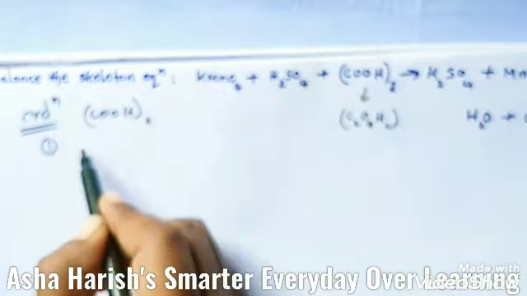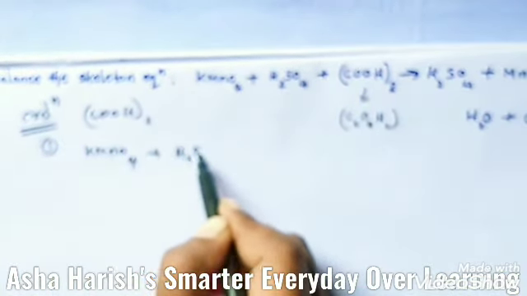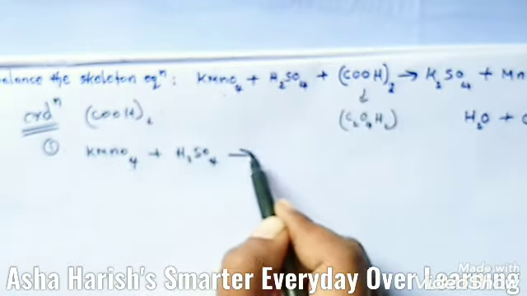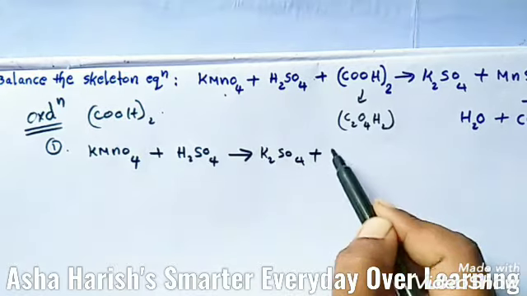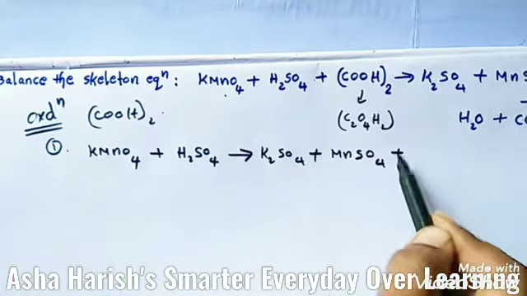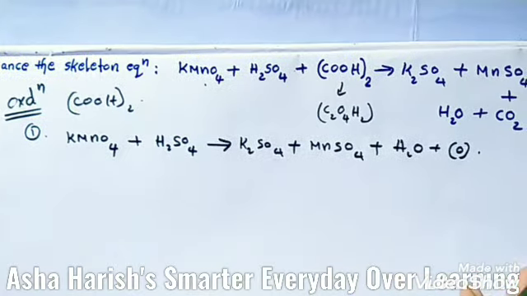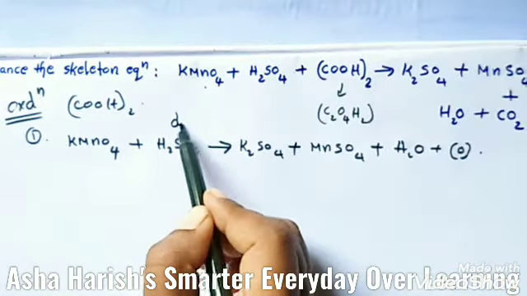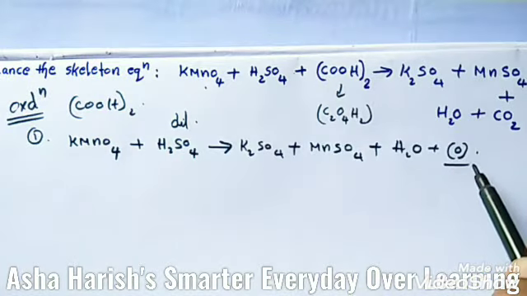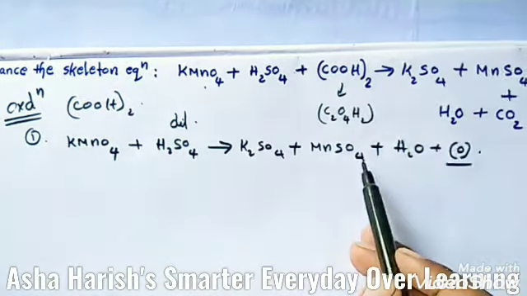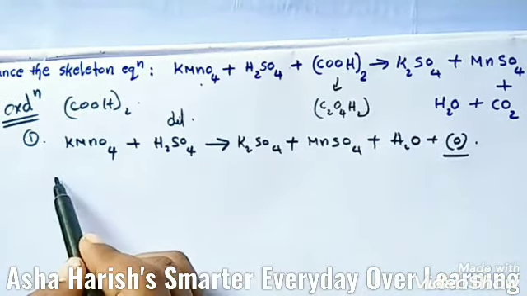In step number 1, KMnO4 potassium permanganate plus H2SO4 sulfuric acid gives rise to K2SO4 plus MnSO4 plus H2O plus oxygen. So KMnO4 reacts with dilute sulfuric acid, this is dilute in state, to produce nascent oxygen here. Now, by balancing this skeleton equation by hit and trial method, then we get,